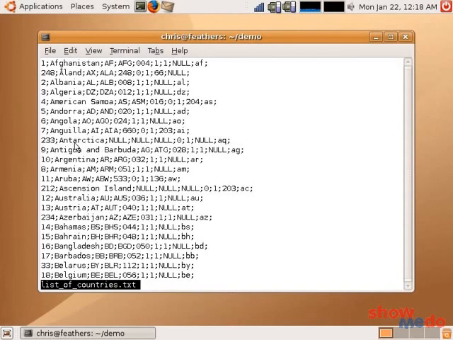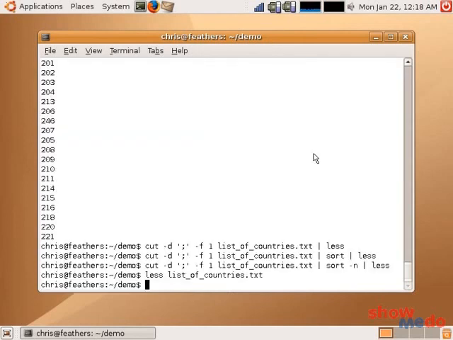So we're going to extract this field this time and sort it, and then direct that sorted output to a file. So we'll cut -d, our delimiter of the semicolon. We want the second field from the list of countries file. We'll pipe that to sort, and then we're going to direct that output to list countries